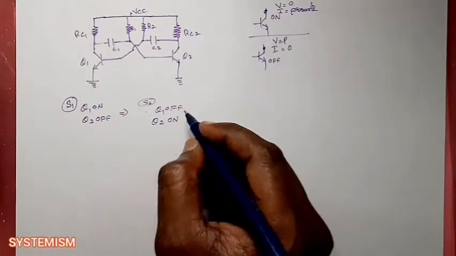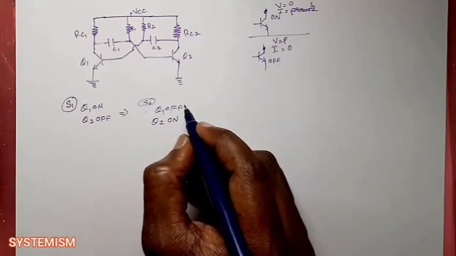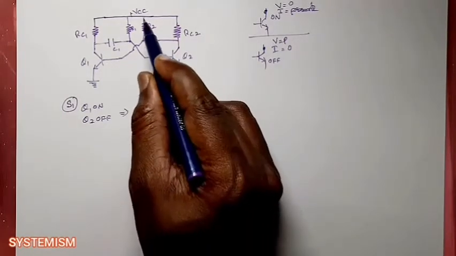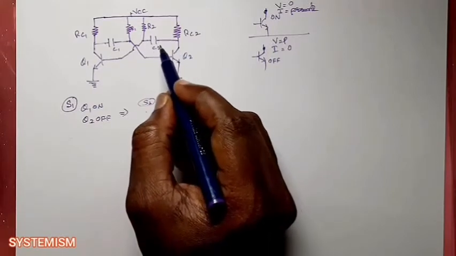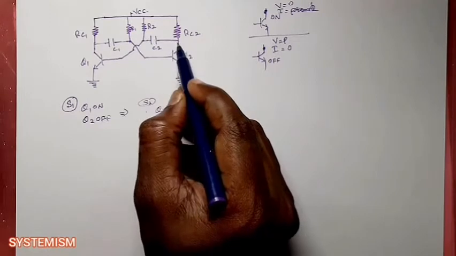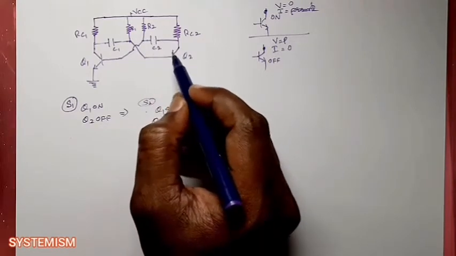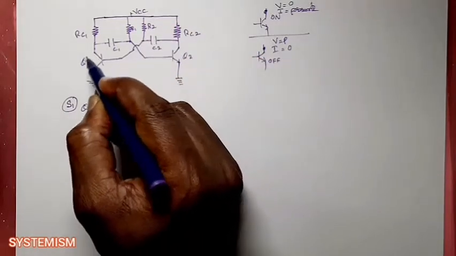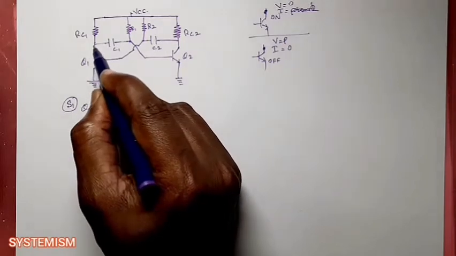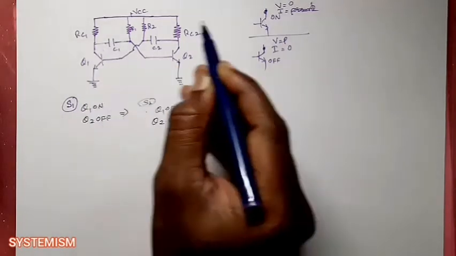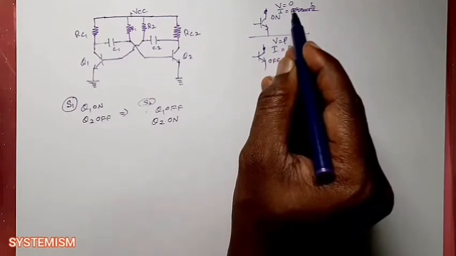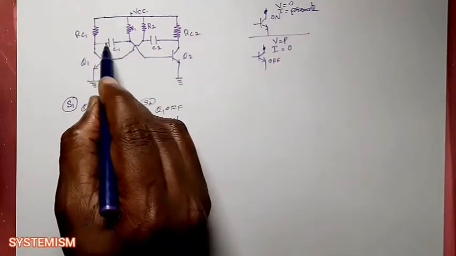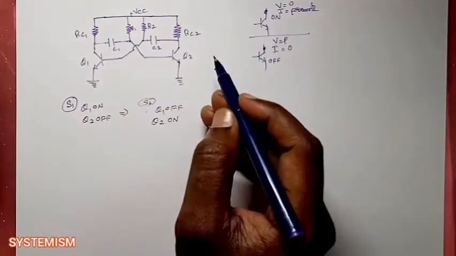Okay, so now what happens? In the opposite manner it will act. Now Q2 is on, so capacitor C2 will start to charge through this path VCC, R2 and C2. So the capacitor voltage will go on increasing. When this capacitor voltage is sufficient to drive this transistor on, the transistor will turn on and there will be a current. If the transistor is on, the voltage here is 0. So it is transferred to this base. Now this transistor will be made off.